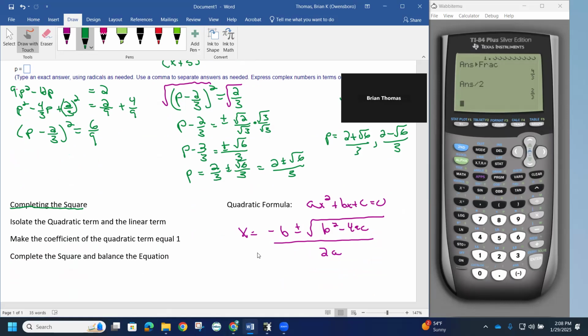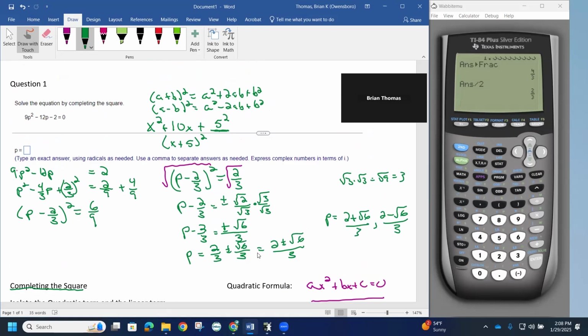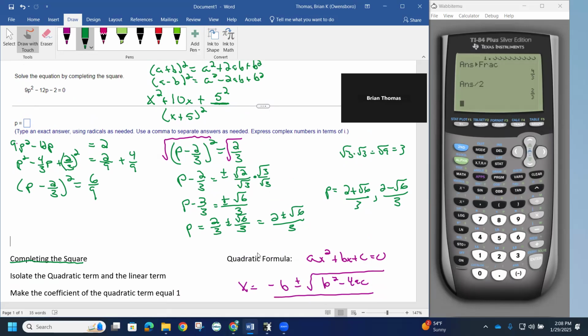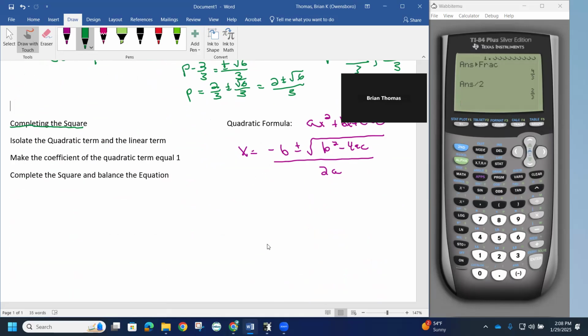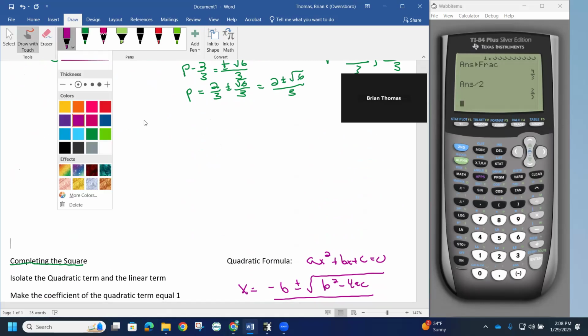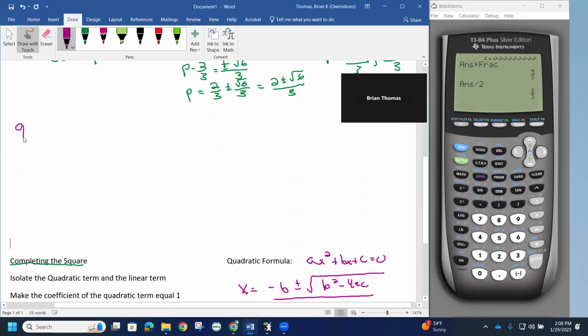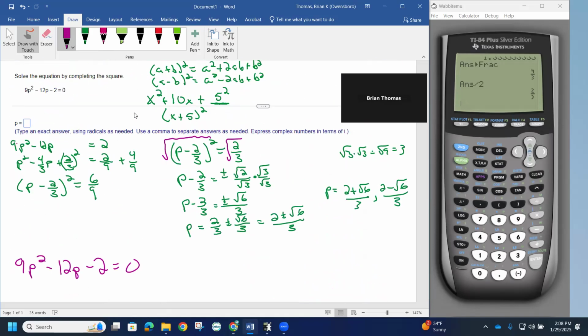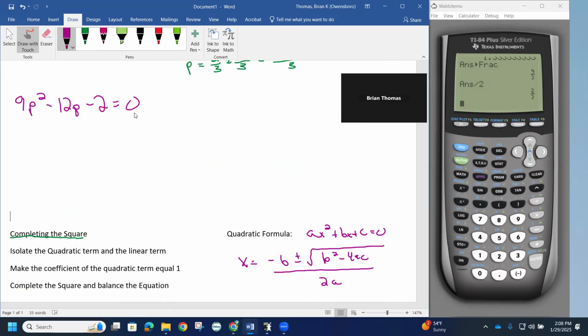Notice how we can also do this problem using what's called the quadratic formula. So I'm going to redo this problem, this time using the quadratic formula. So notice how we have, let me make some room again. If we use the quadratic formula, we had 9p squared minus 12p minus 2 equal to 0. Let me double check myself there. 9p squared minus 12p minus 2 equals 0. So using the quadratic formula,